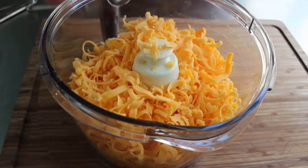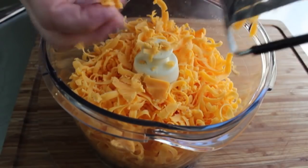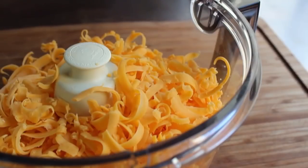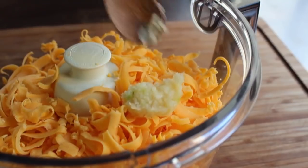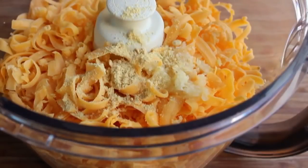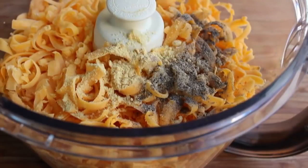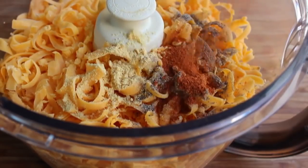And then after we've grated our cheese, we're going to go ahead and spice this up. All these ingredients, by the way, are mandatory. First up, we're going to need a couple cloves of crushed garlic. You want that crushed or minced very fine. We're also going to want some dry mustard, some freshly ground black pepper, a whole lot of cayenne pepper,